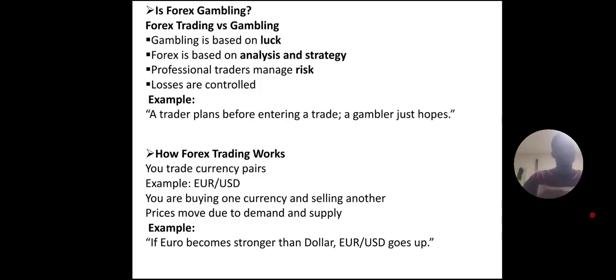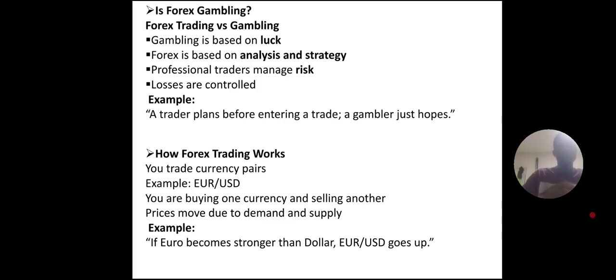What is the market saying? Where is the market coming from? Where is the market going to? Forex is so beautiful. Forex trading is one of the businesses in the world where you can determine your loss. You can start a business as a person, but you can't really determine how your loss will go or how your loss will come. But in forex, you can determine how much you are going to lose in a trade even before you place the trade. So it's a very beautiful business, but you have to understand how it works.